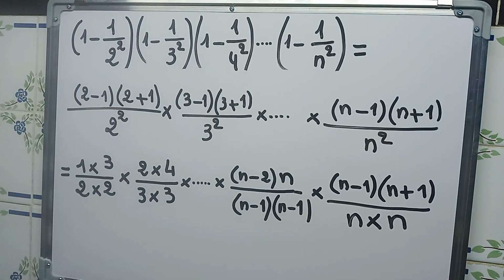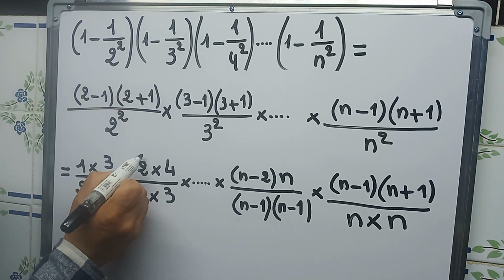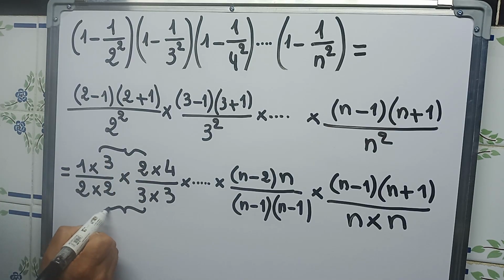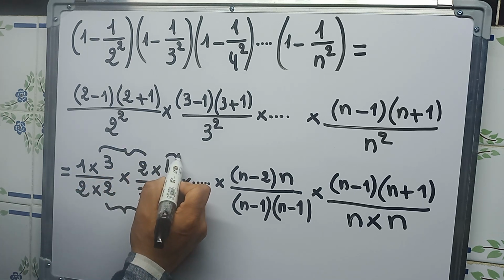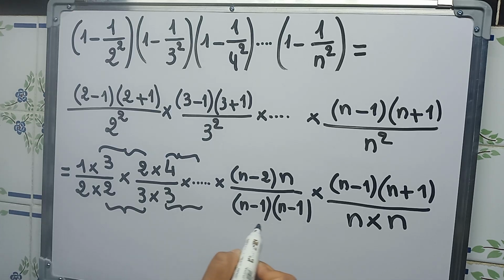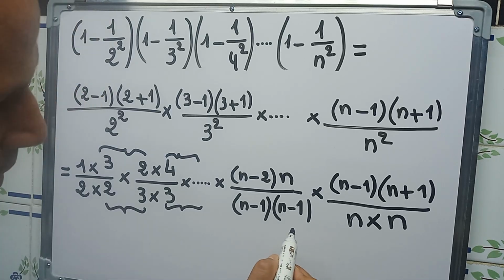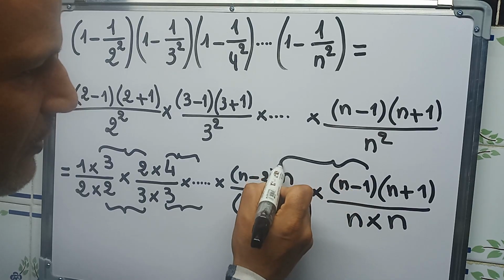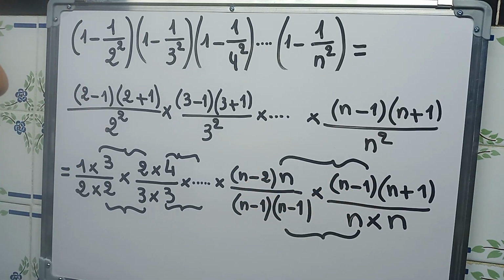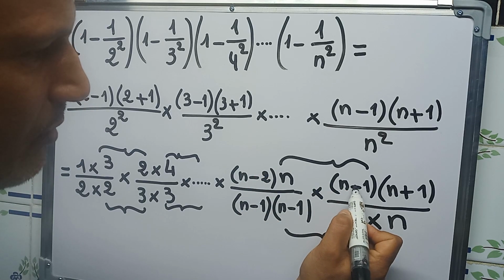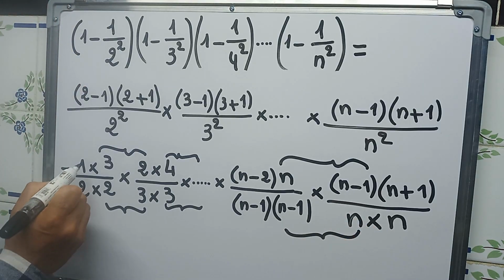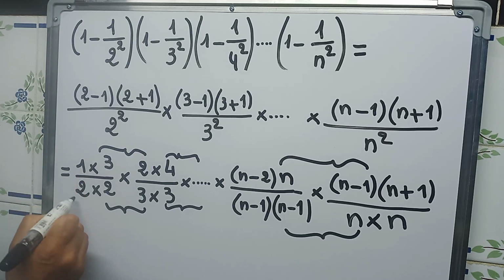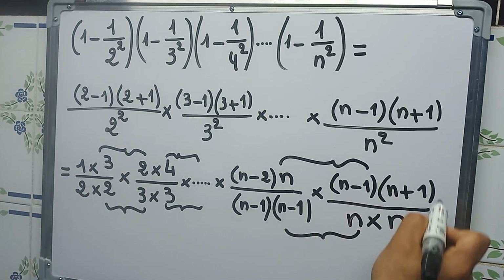And here, if you see, those 4 terms will just cancel, 3 with 3, 2 with 2. And this will continue, of course, with the second term also. And in the last term, here we also have those 4 terms just cancel, n with n and n minus 1 with n minus 1. So the remaining will be just the first term, which is 1/2,